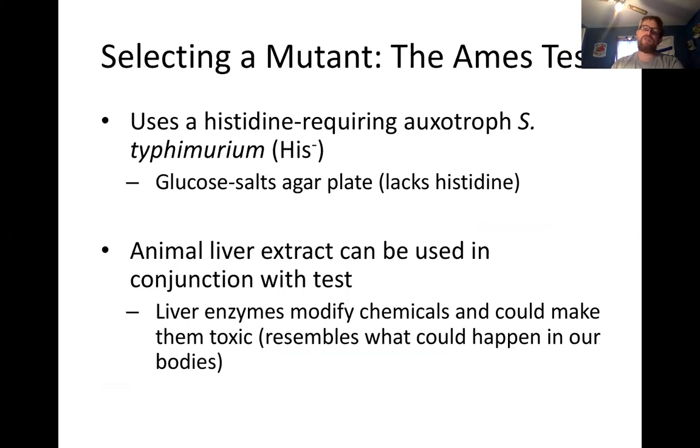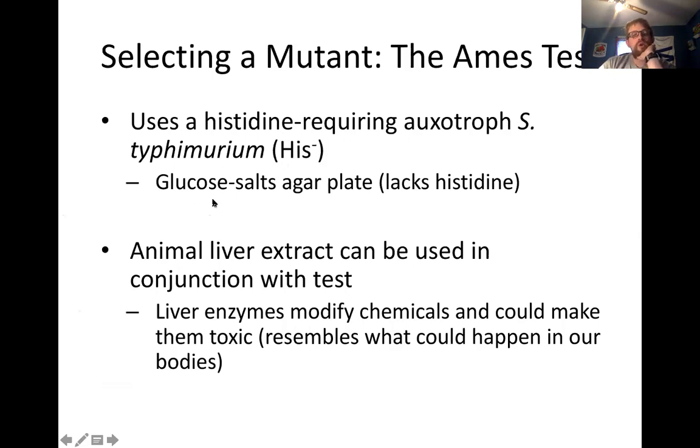And a chemical that causes a mutation, we call that a mutagen. So indirect selection, direct selection is actually looking for a mutant. It's looking for a mutated colony. The Ames test is looking for a mutagen, something that causes a mutation. So typically when we're looking for something that might cause a mutation, we're working with a type of Salmonella that does not have the ability to make histidine, which is an amino acid, not histamine, histidine.